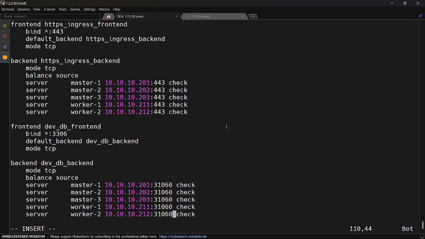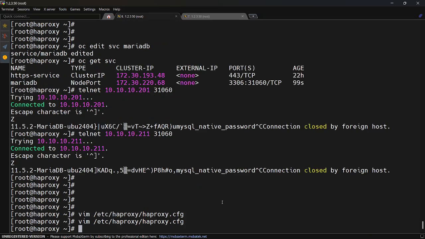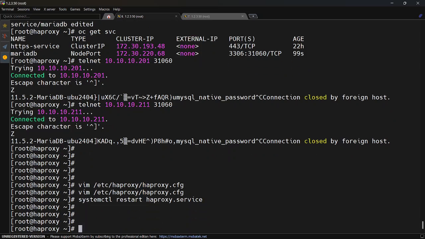Okay, so whenever an external request comes to the load balancer, it will be distributed to any of the master nodes to do the load balancing. Now I will save this. I need to do a systemctl restart HA proxy, and from the browser,